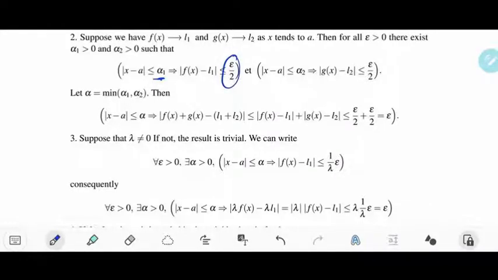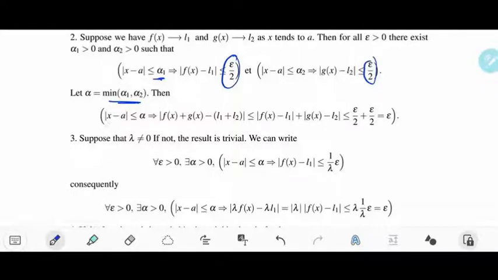And also, since g(x) also tends to L2, I will take also the half of the number that you gave me, and I will find alpha 2 such that if x satisfies |x - a| < alpha 2, then |g(x) - L2| is less than epsilon over 2. Now, taking alpha as the minimum, the least number between alpha 1 and alpha 2,